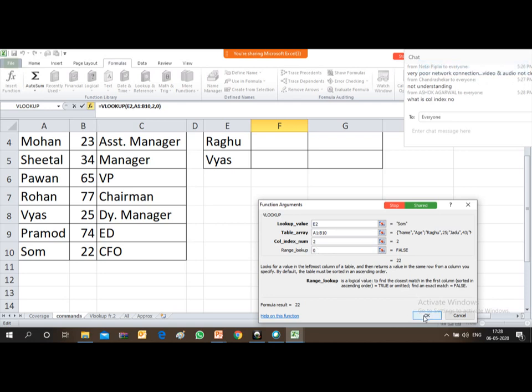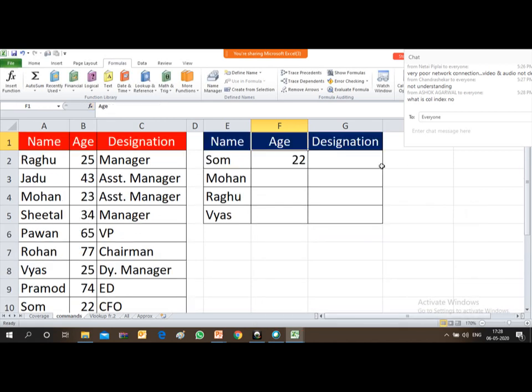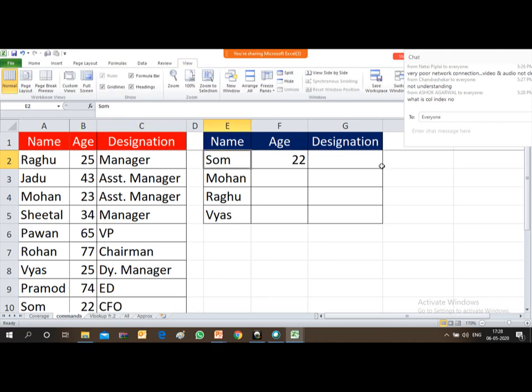So after putting 0, you just press OK. If you press OK, now you see 22 has automatically come over here. So 22 has automatically come over here. So shall I repeat it, or if you have understood, let's then move ahead. Okay,